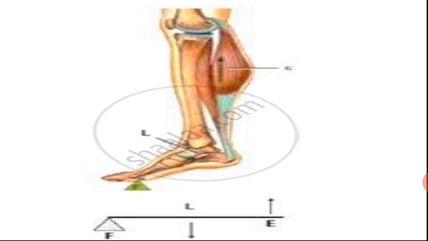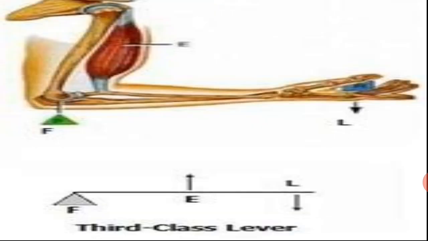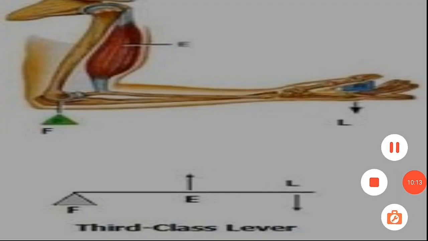The fulcrum is at the toes at one end, you can see, and the load is in the middle and effort by muscles is at the other end. Thus this is an example of class 2 lever. Then we have the lever in raising a load by forearm. This is a third class lever. The elbow joint acts as fulcrum. At one end, biceps exerts the effort in the middle and load on the palm is at the other end. Thus, this is an example of class 3 lever.